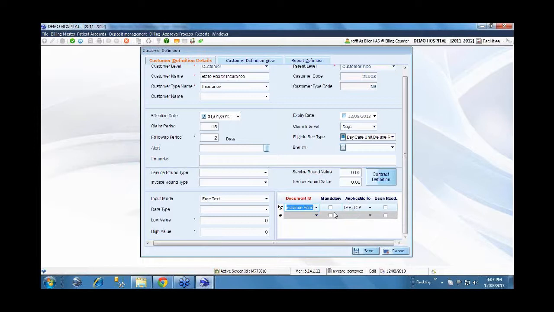In terms of corporate, it may be a referral letter from the corporate. For insurance, it can be an insurance ID. If you are handling government patients, it can be some other approval from the government. So for each and every category, we can specify what documents are required, and it can be more than one also. And also we can define whether it's mandatory or non-mandatory, whether scanning is required, or whether it's enough to check this information only once, or you need to verify this information every time the patient visits the hospital.